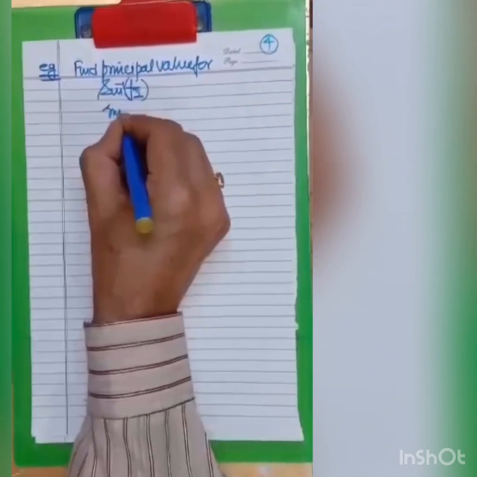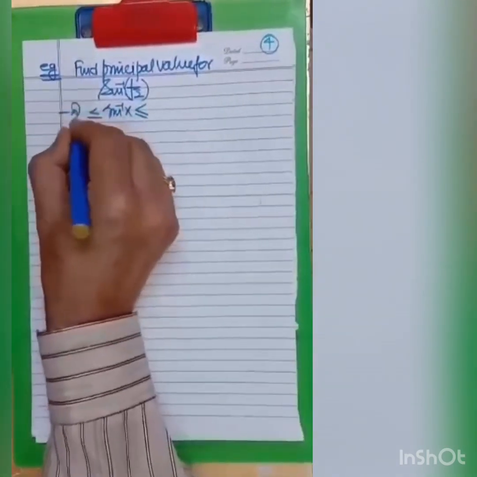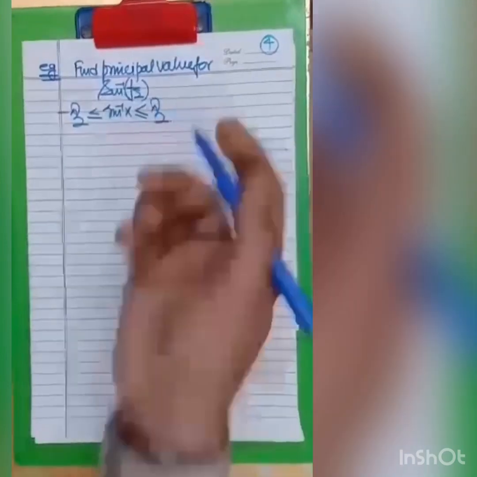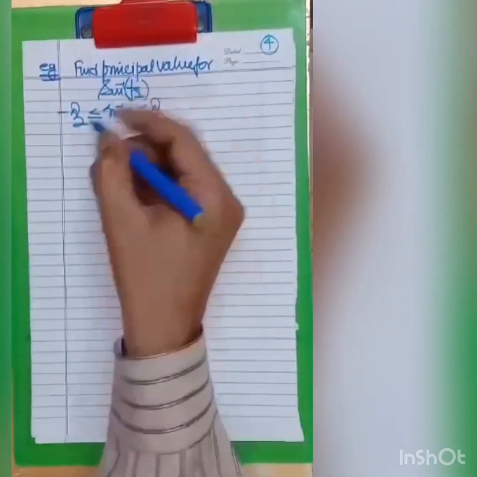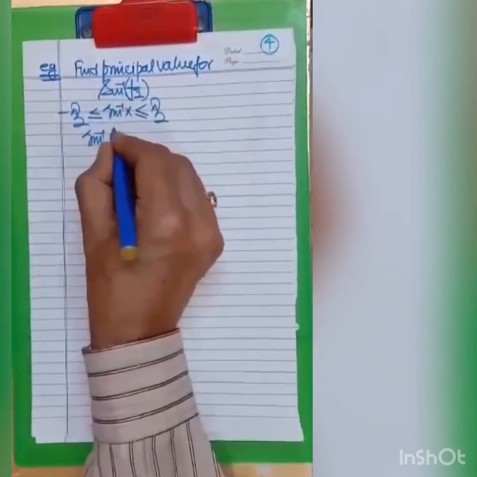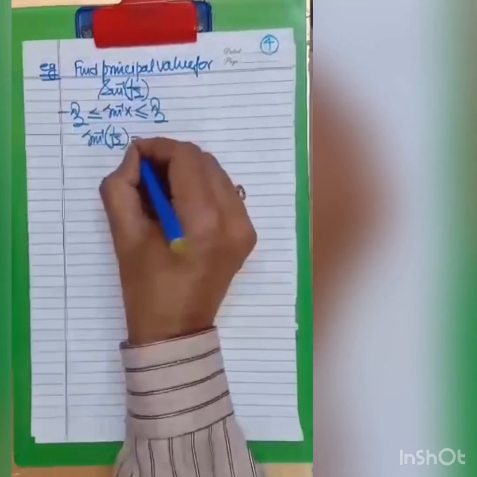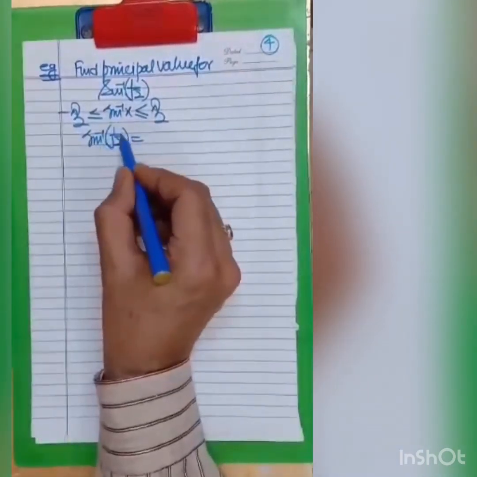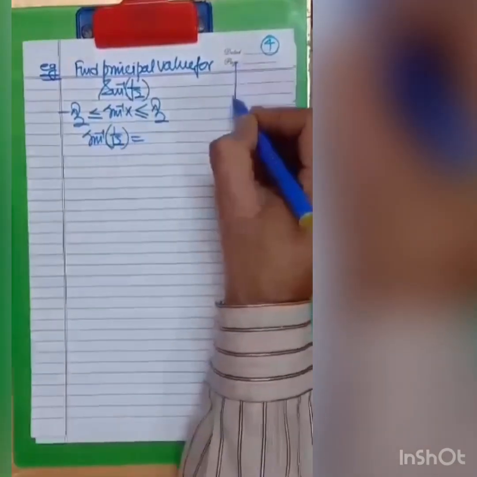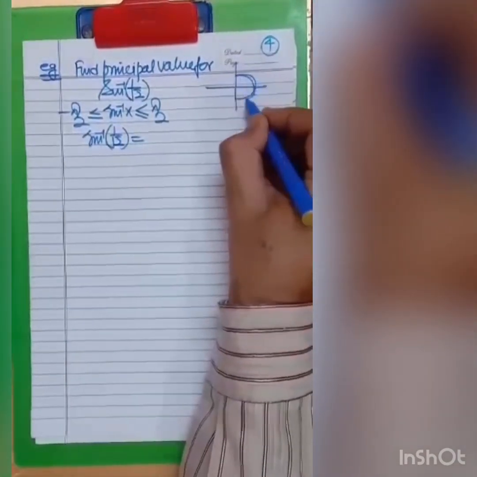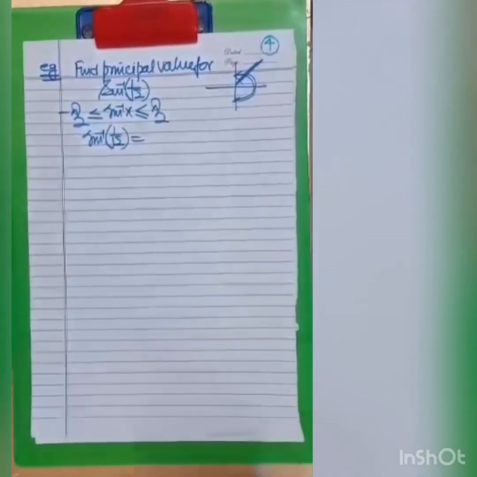Now as we know, sine inverse is lying between minus pi by 2 to plus pi by 2. It is the principal value branch of it. It means your value so obtained must lie in this range. Children, very important thing I am going to tell you. Please listen carefully. This value is positive or negative? It is positive. It means your first quadrant will be there because this is the range. Minus pi by 2 to plus pi by 2 means your angle will lie in the first quadrant.